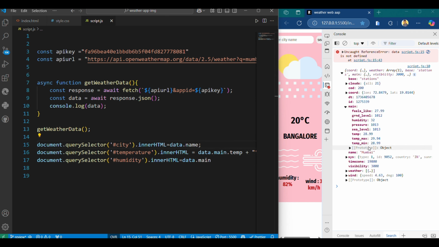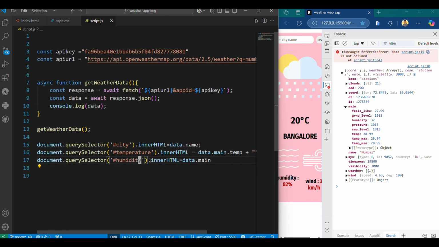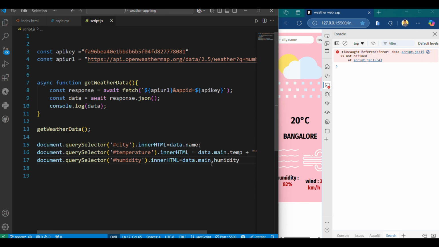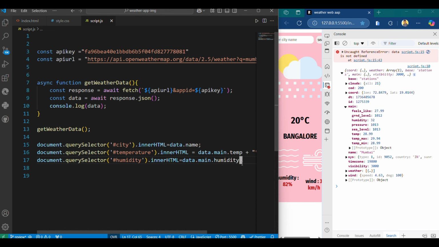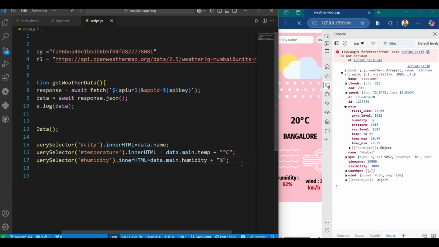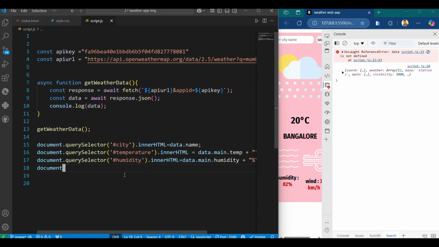Like this, I called temperature, humidity, and I am going to call for wind. And in this temperature element also I am going to display the temperature. Here you can see innerHTML, data is the data coming from the web server, and inside the main, our temperature keyword. From this we are going to display this data in our web app using the HTML ID. Okay, now let me call the wind ID.